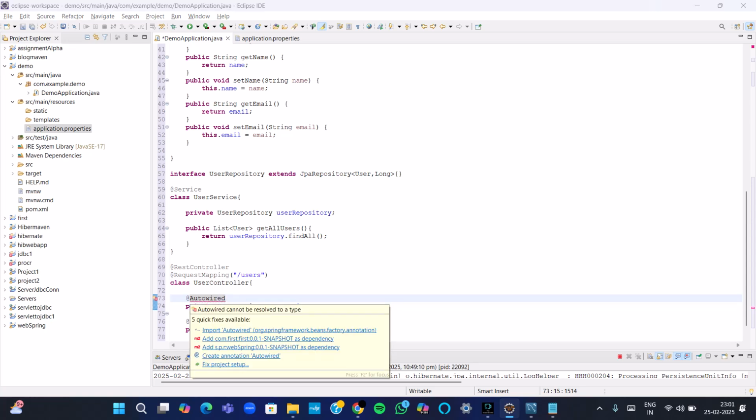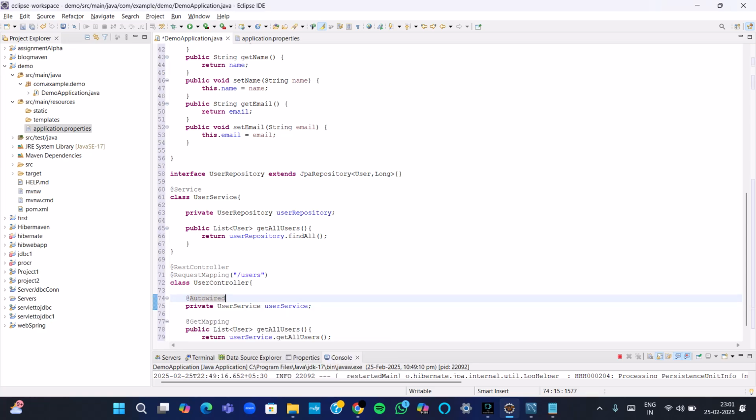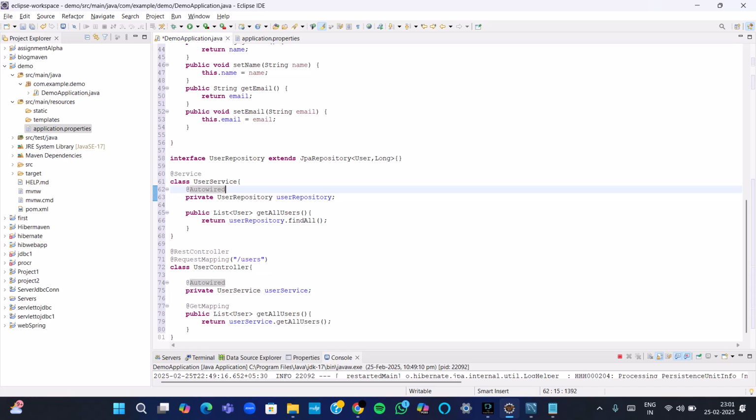So import it. So the class directly called by Spring Boot in this. So that's why we use the Autowired. So let's save this project